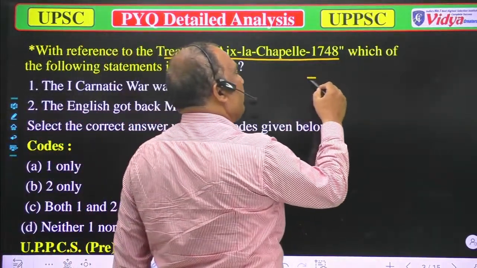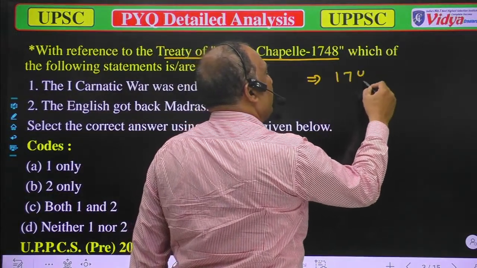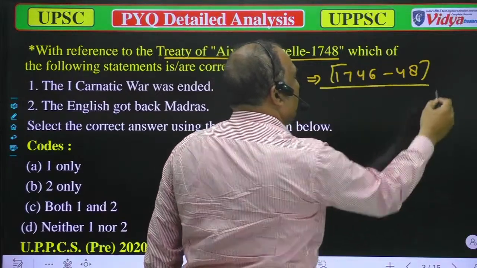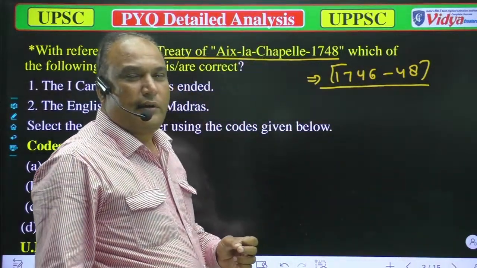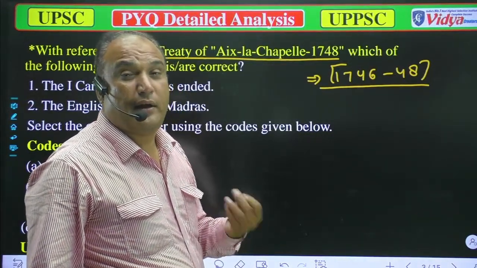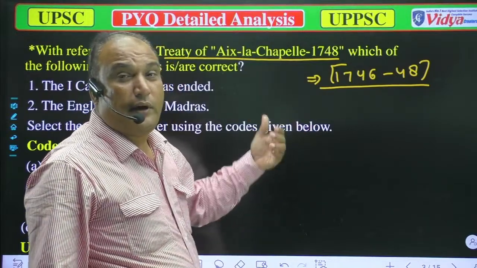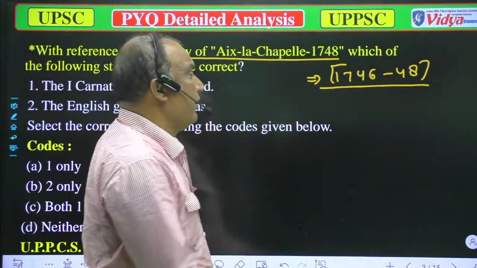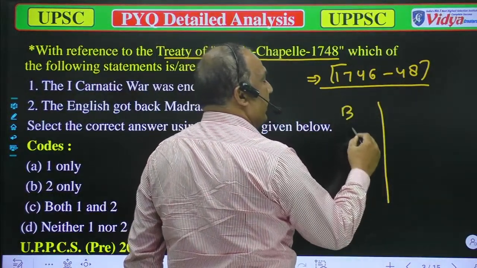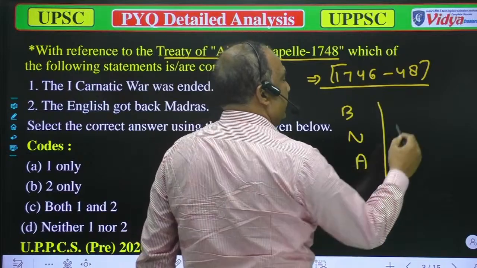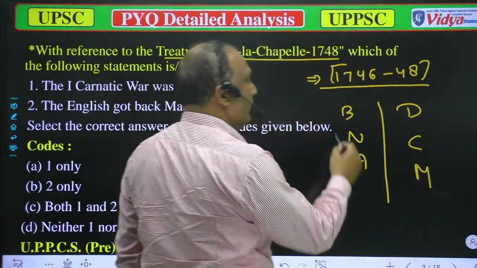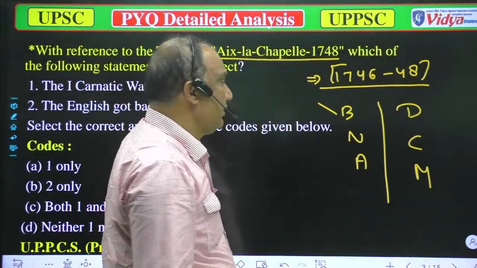As there was a war between 1746 and 1748, I told you that in a war, more than two parties might be involved. In this war, it happened so. There were two sides, like BNA, you may write, and the other was DCM. B means Britishers, N means